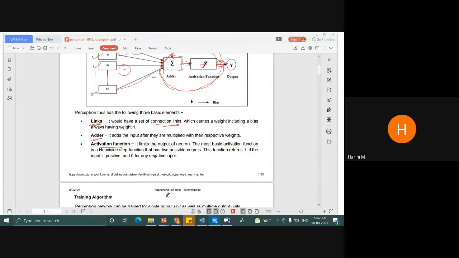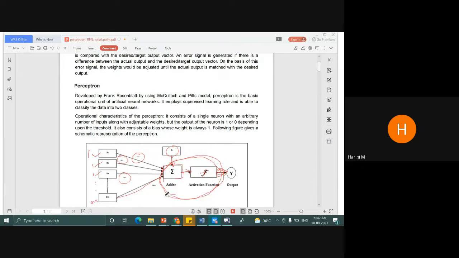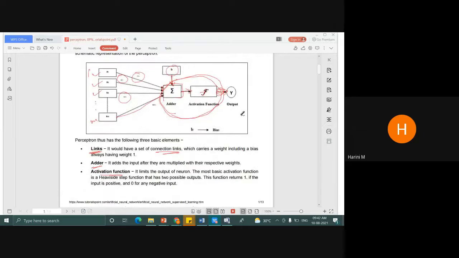Okay, now, yeah, sorry. This is going to give you either the output as 0 or 1. If the neuron is activated, then your output is going to be 1. If the neuron is deactivated, then the output is going to be 0. As I told you, if k is greater than theta, then the output is 1. If k is less than theta, then the output is 0. So this is known as binary output.